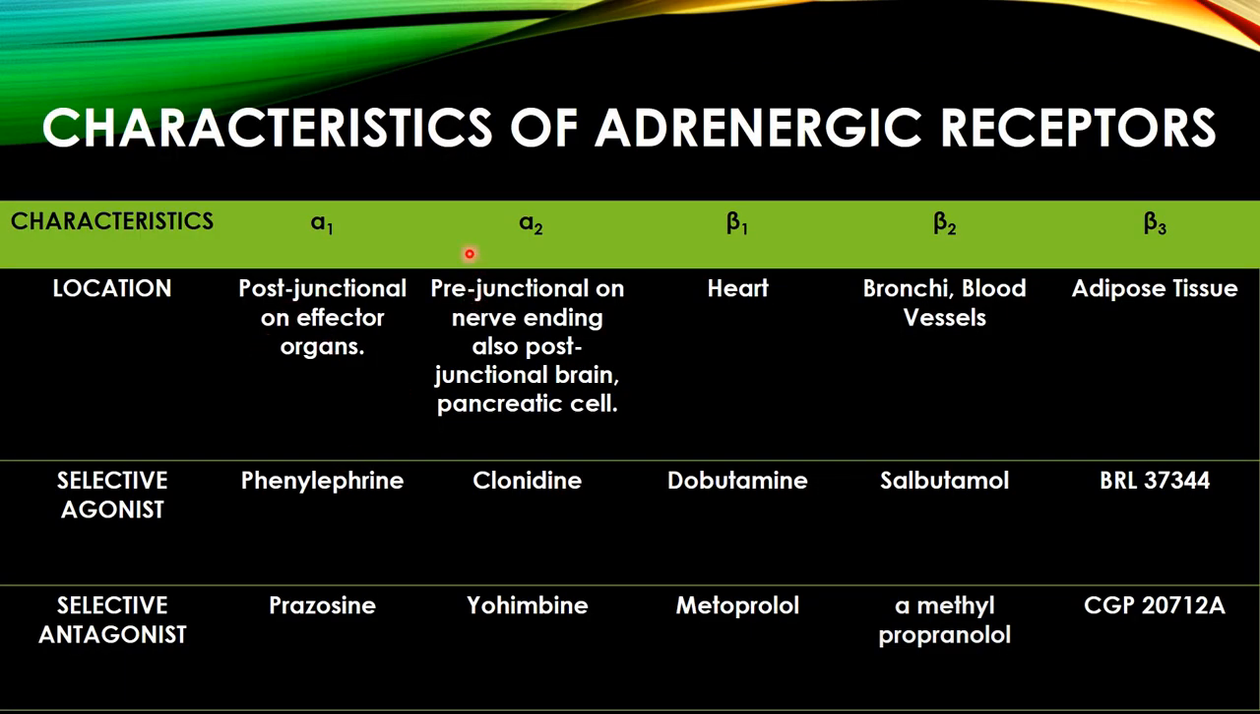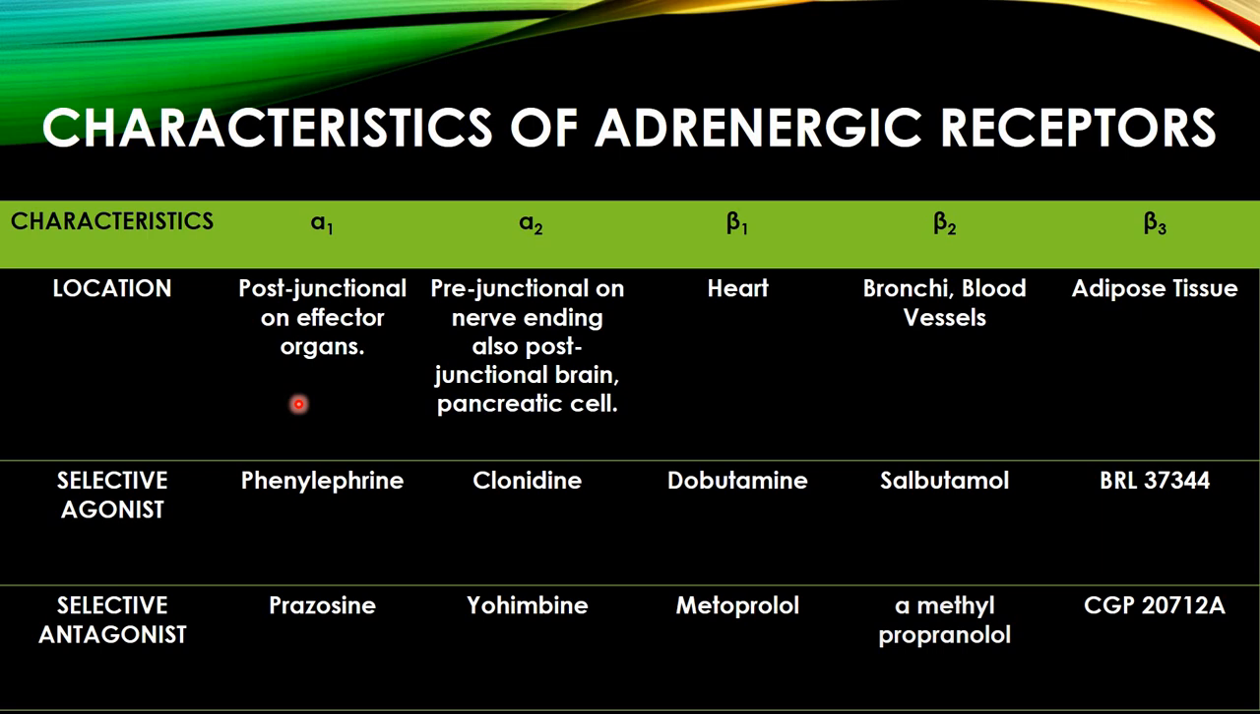Next, here I have shown the characteristics of the various adrenergic receptors, that is alpha 1, alpha 2, beta 1, beta 2, beta 3, based on location, selective agonist and selective antagonist. By this time, dear students, you have got the idea that adrenergic receptors comprise two major types, that is alpha and beta. Alpha is further subdivided into alpha 1, alpha 2, and beta is subdivided into beta 1,